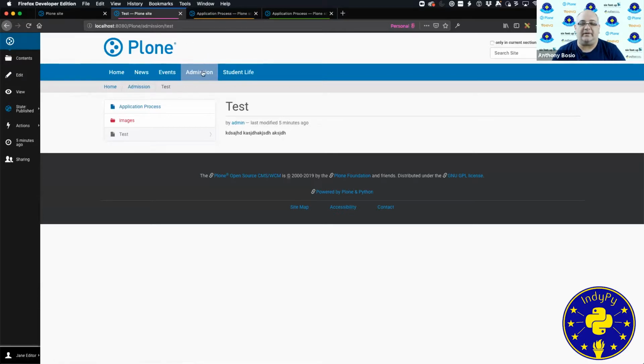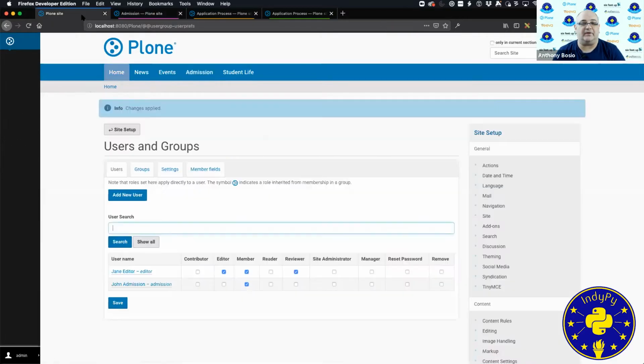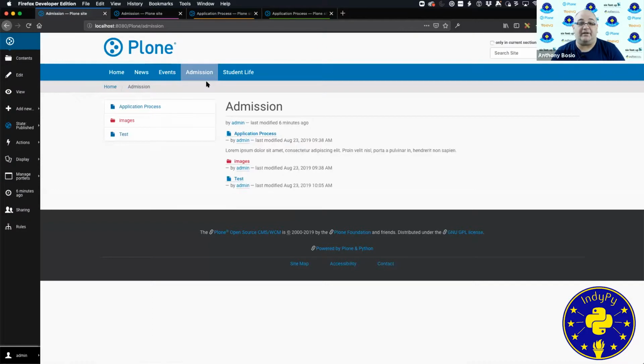So now, if we want John admission to be able to do things in the admission folder, I'm going to go back to the, we don't want him to work in student life. He's from the admission team. So we're going to give him the ability to add content just in this folder here. So we can do that through this area where once we go to the folder that we want to work on, we can search for,